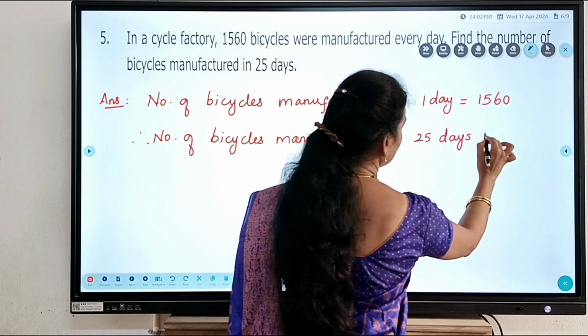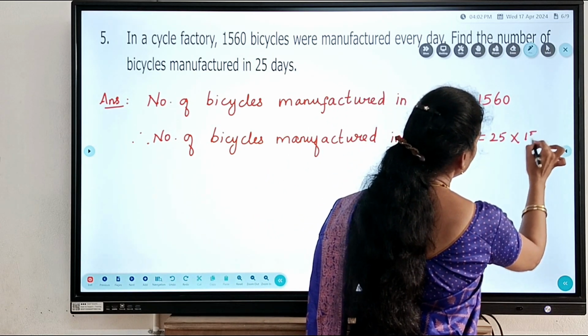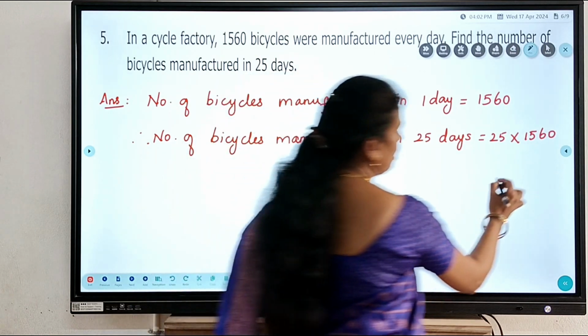In 25 days is equal to 25 into 1,560. So here we are going to multiply